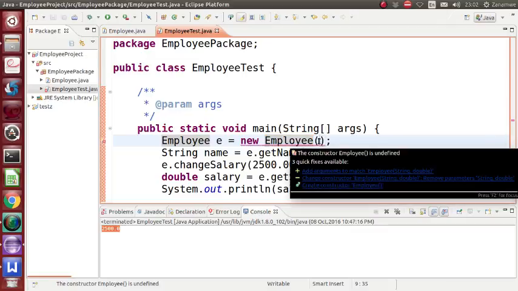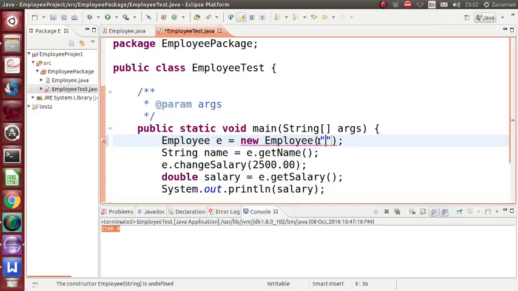I am now going to use the non-default constructor which I have just implemented, and it takes two arguments. One is a string, the first one, then the second one is a salary. So I can pass two actual parameters here, the name of an employee,